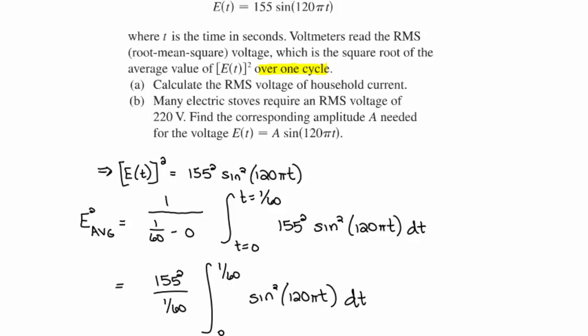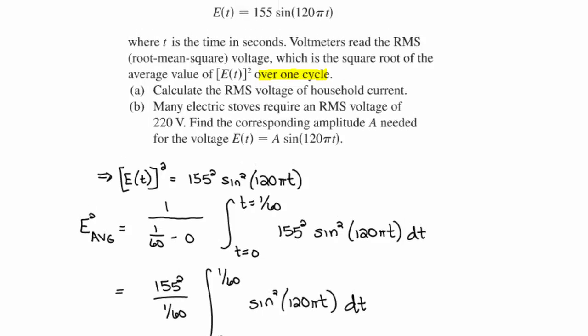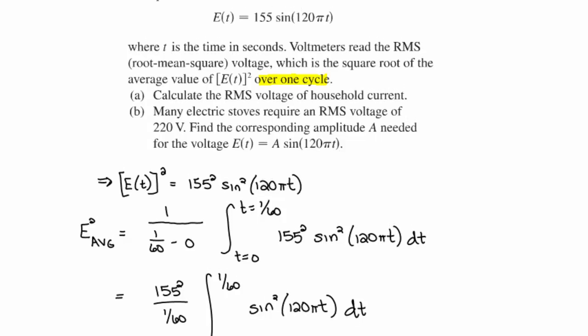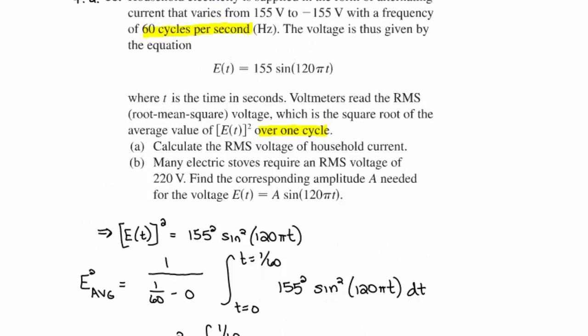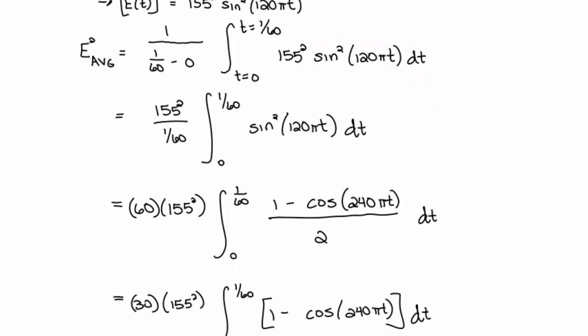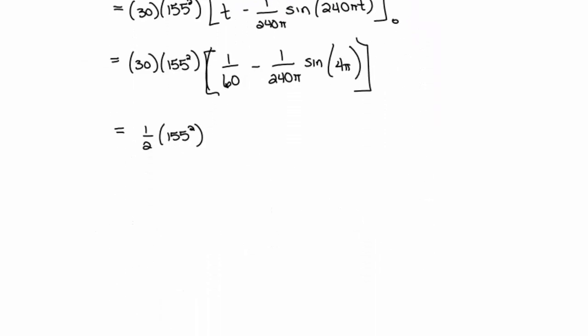Calculate the RMS, root mean square, which is the square root of the average value of this. So that's actually kind of a trick here. It's the square root of the average value. So we just found the average value of E squared, but the root mean squared is the square root of that average value. So the root mean square, let me write this here, root mean square is equal